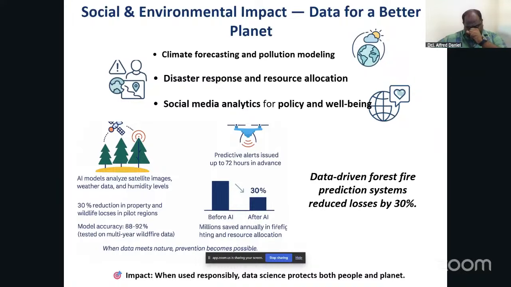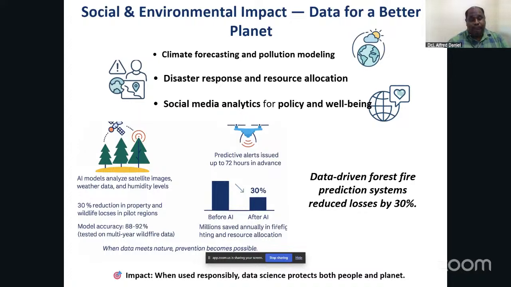So this case is taken from UNESCO, where a data-driven forest fire prediction system reduces loss by 30%. And how does it work? The AI model analyzes satellite images, weather data, and humidity levels. As per the statistics, it has reduced losses by 30 percent, and the model accuracy is around 88 to 92 percent,